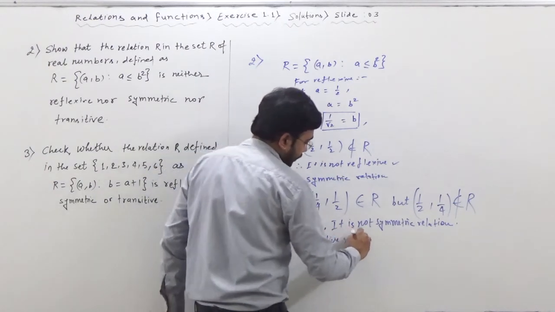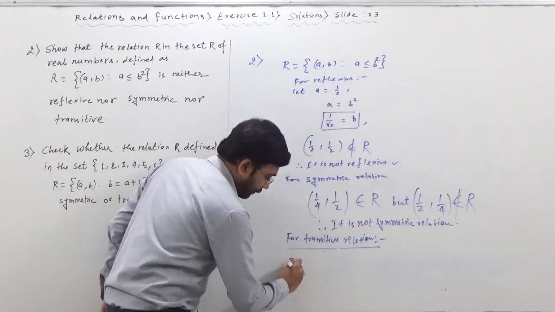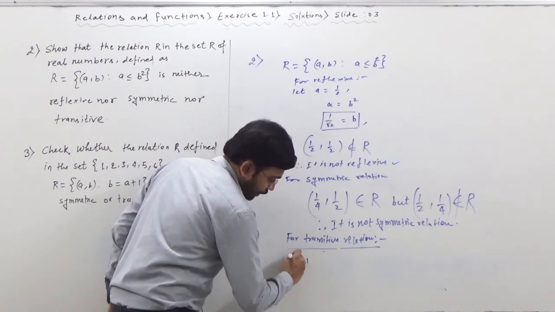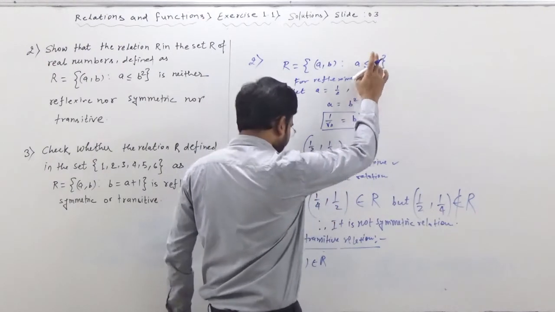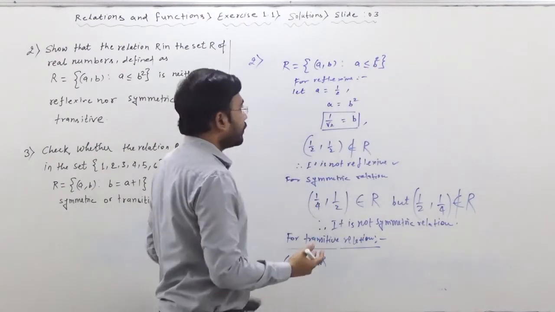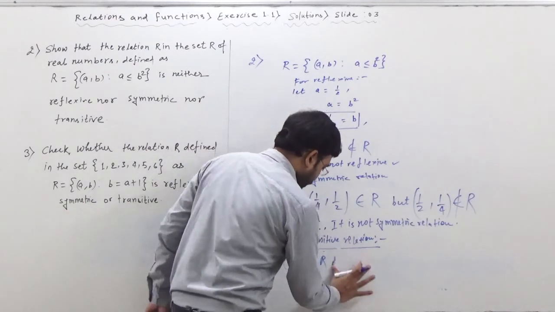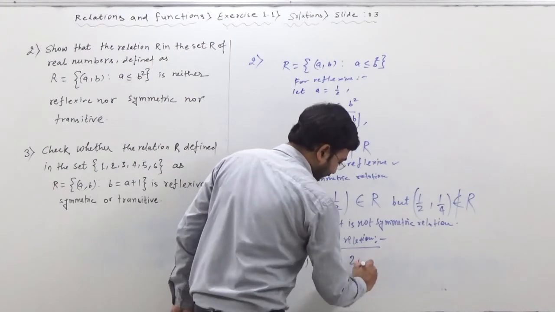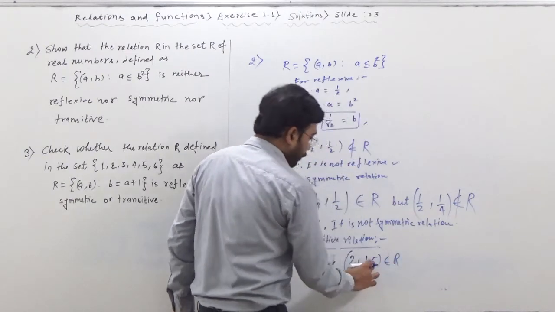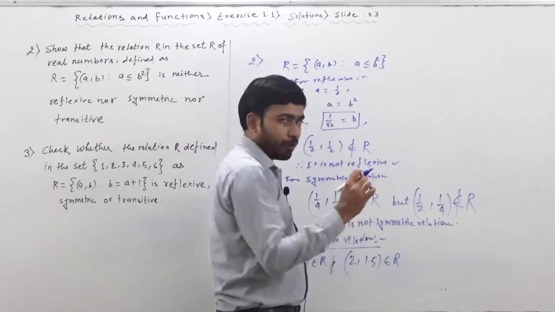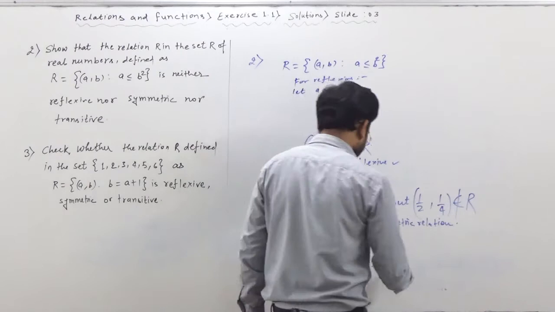So when we are checking for transitive relation, if we say 3 comma 2, is it possible to write this belongs to R? Why? Because B is square, right? So 4 is of course greater than 3. We will accept it. Now if we are keeping 2 and let us suppose 1.5, can we accept this also? Let's see, 1.5 square will give us 2.25. So of course 2.25 is greater than 2. We will accept it. Yes, it is also accepted.